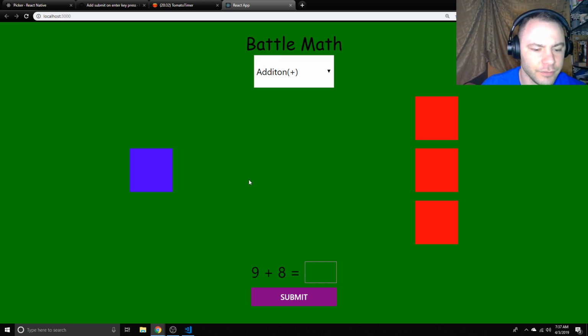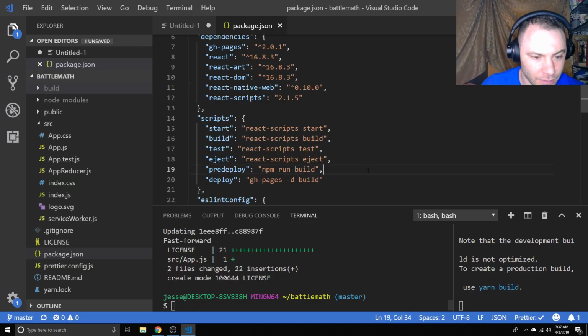Let me do a hard refresh and just see. Okay, cool. Great. Yeah, so we do have a submit on enter key, and that's really cool. I definitely want to look into how you did that,